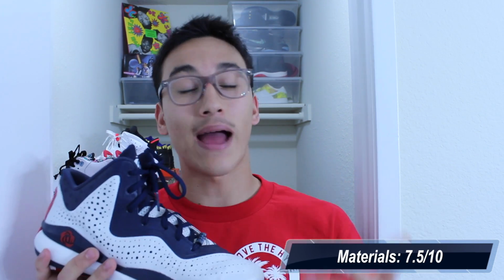So like I said, if you could find a colorway that uses that synthetic nubuck instead of the synthetic leather, grab that colorway. They're both very durable. They're going to both last outdoors very long. It's just that nubuck should give a little bit more and be a little bit more pliable and more comfortable